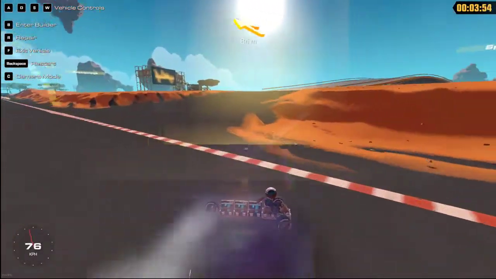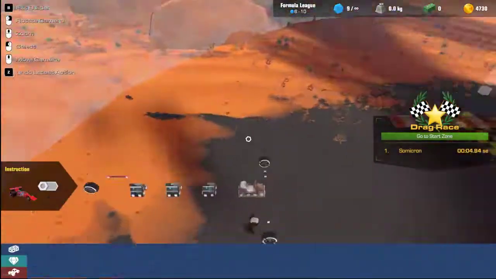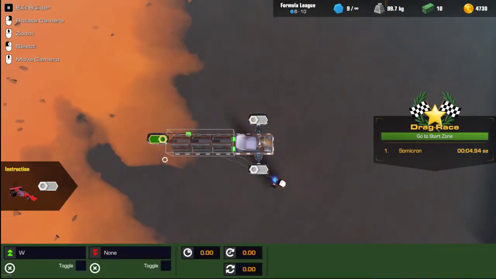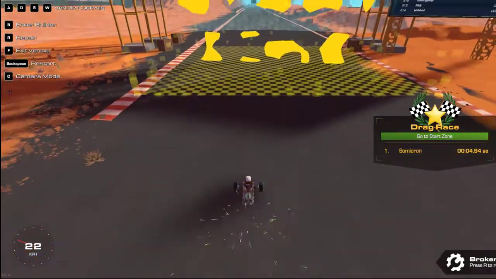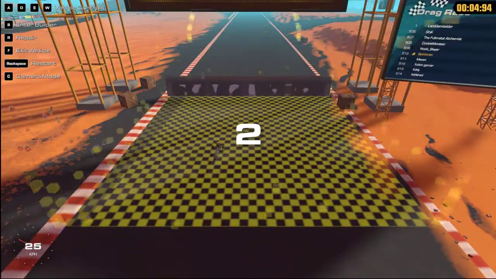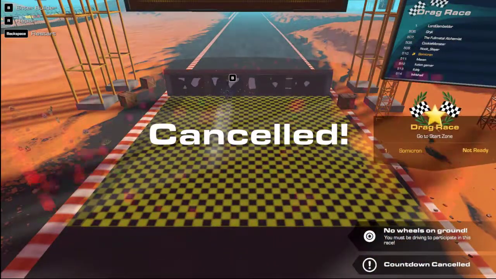No. It's even worse. I think making it rear wheel drive. You reckon? I think you'd be Drift City. That's the idea. I don't know what happened. Oh, it looks like it goes pretty quick, but...